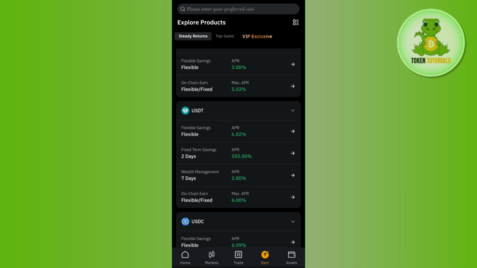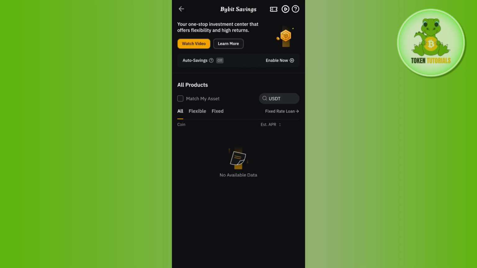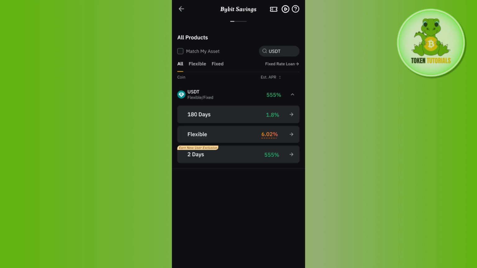So here you will have to select how do you want to stake, basically whether you want to choose flexible staking or fixed staking. So let's say you want to stake flexible, so you will have to simply tap on the flexible option, and after that you will have to select flexible / fixed, or here you will have to